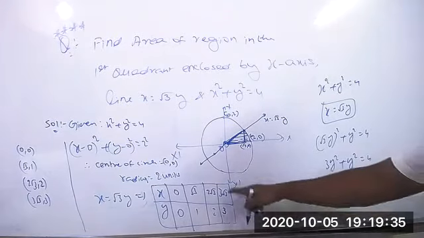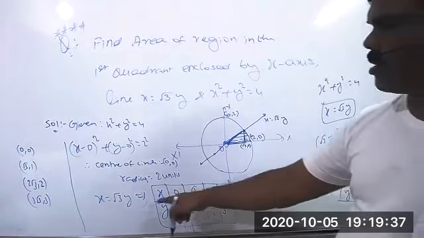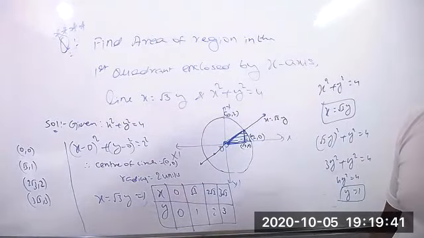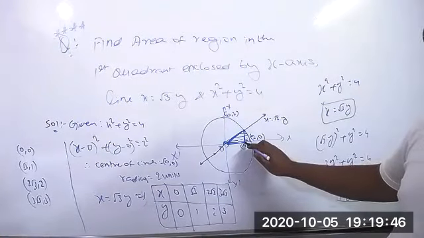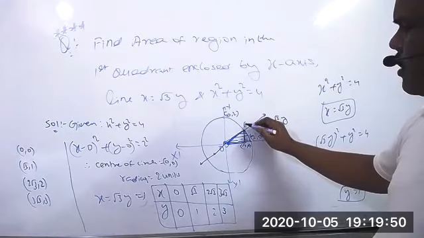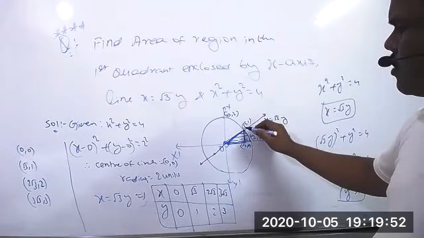And what is the point here now? If you take y equal to 1, the value of x equal to how much? Root 3 only, yes. That is correct. That means this is the point required. The required point is the intersection point of this circle and line, which is (root 3, 1).